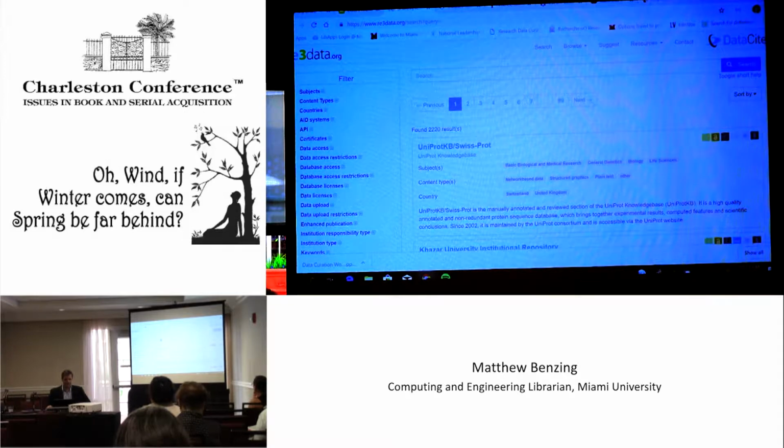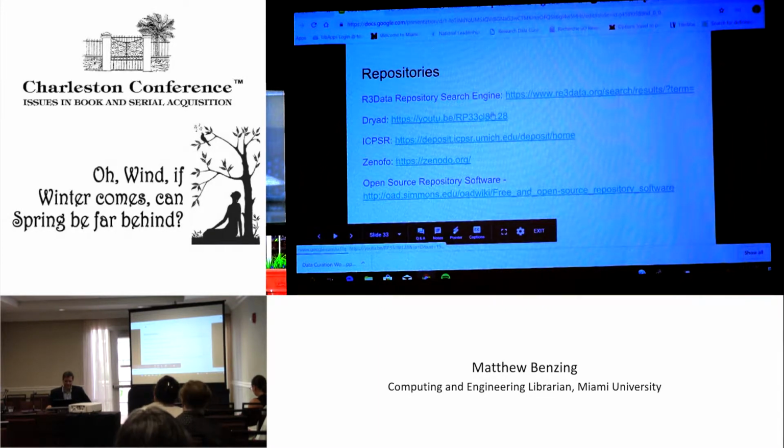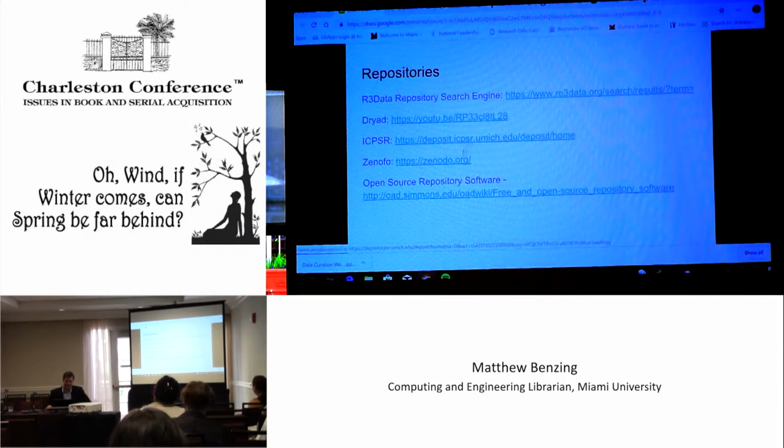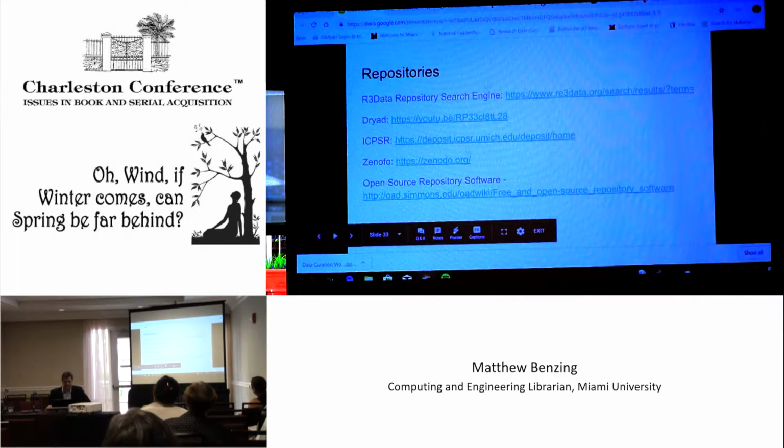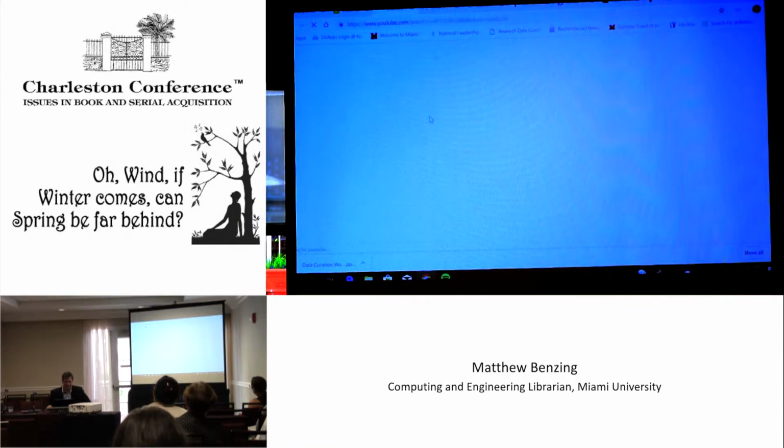This allows you to search for data repositories because, of course, there are repositories that are subject-based, and there are any number of them that are specialized and recognized within different academic communities, as well as the more general purpose repositories. And there are other ones out there: Dryad, ICPSR, Zenodo. What was the first one called? The first one, Dryad? Okay, let's look at Dryad.